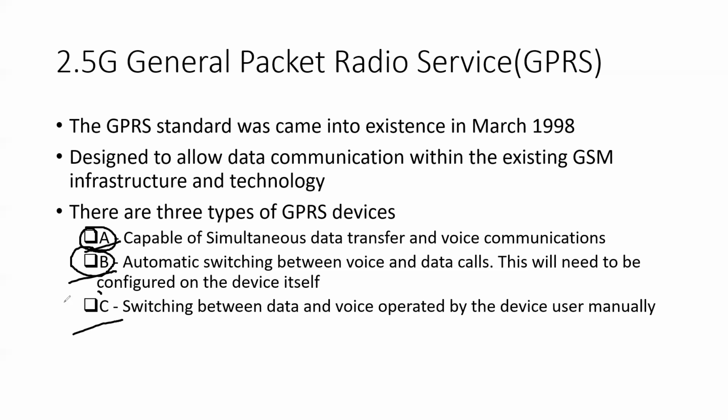And in the device C, GPRS device C, they give you the chance to set it manually. They give the user the chance to select whether you want to give predominance to voice or data, whichever you feel is important. This will be very interesting. Whenever you are using a GPRS device C and using internet at that time, you can give the predominance manually to the internet, such that the calls will not interrupt you.